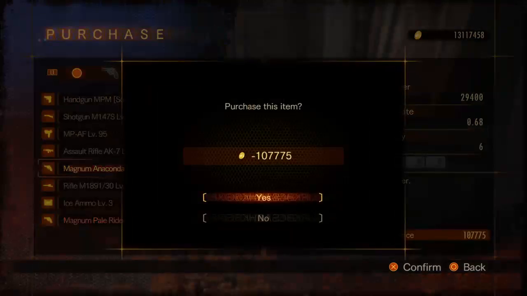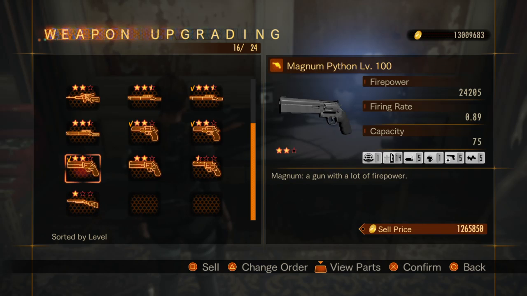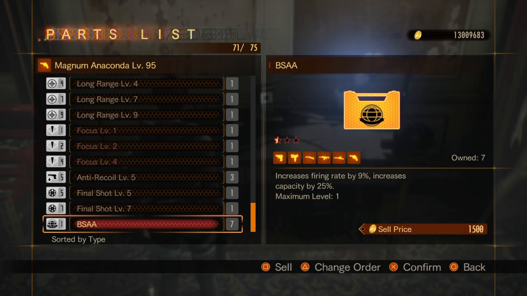Here, let's do the Anaconda. That's actually not... It's another slow Magnum, but if you have 6 slot one, you put fire rate on it and maybe upgrade a couple things on it. But yeah, you see the power is comparable to a ticket puncher. I think in terms of firepower, this one's the strongest one, but it fires really slow. Not Pale Rider slow, but...